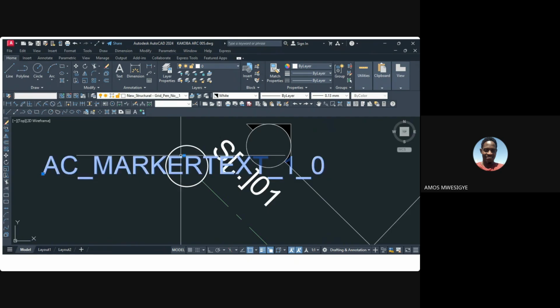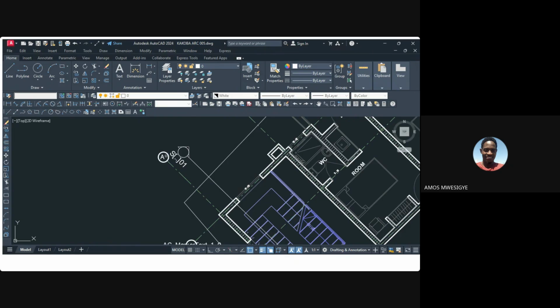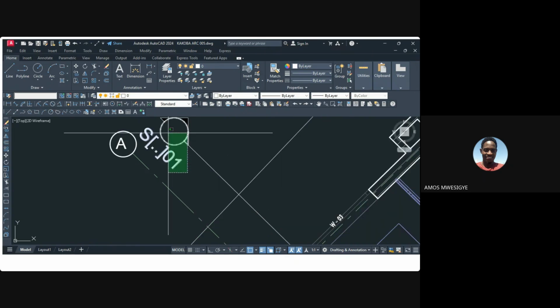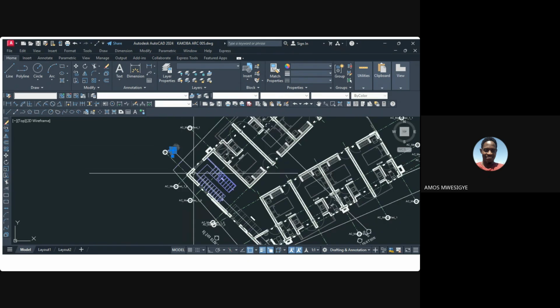So when you go into it, you find that its default was A. This was grid A. So when you replace it again like that, when you type in the A and you select OK, it will come again, if you can see here. So the grids are necessary for them to leave them in. So we remove the